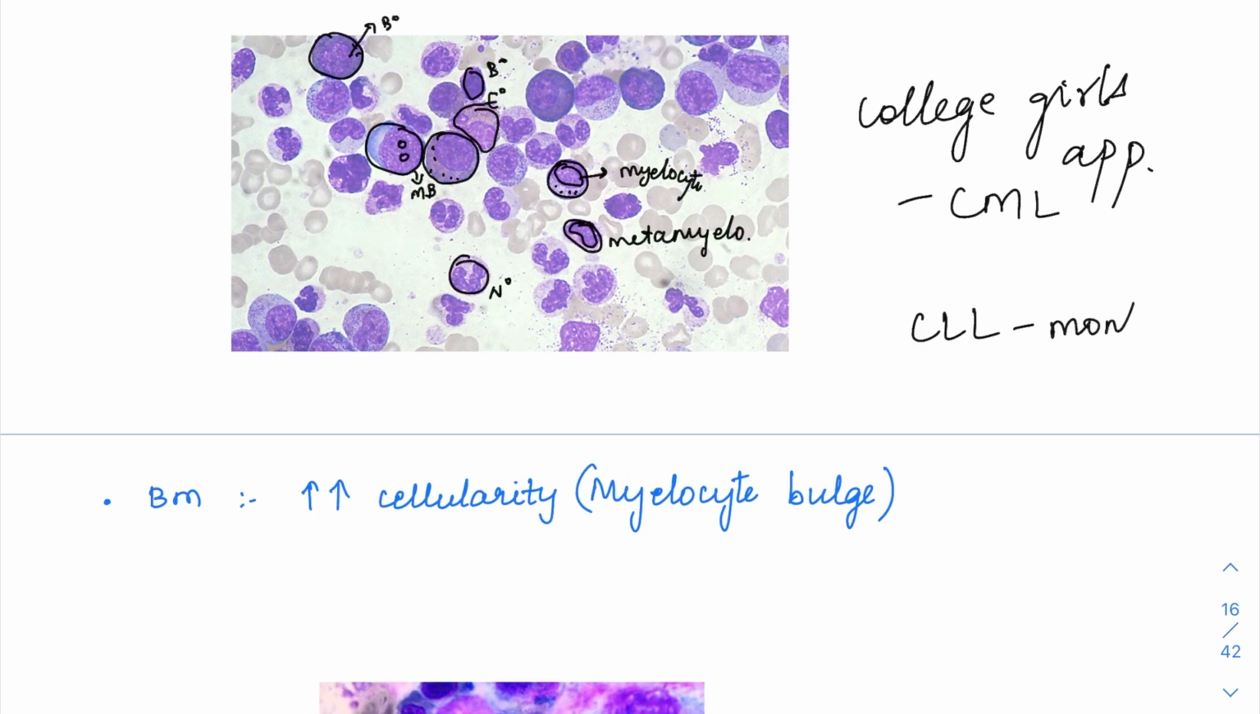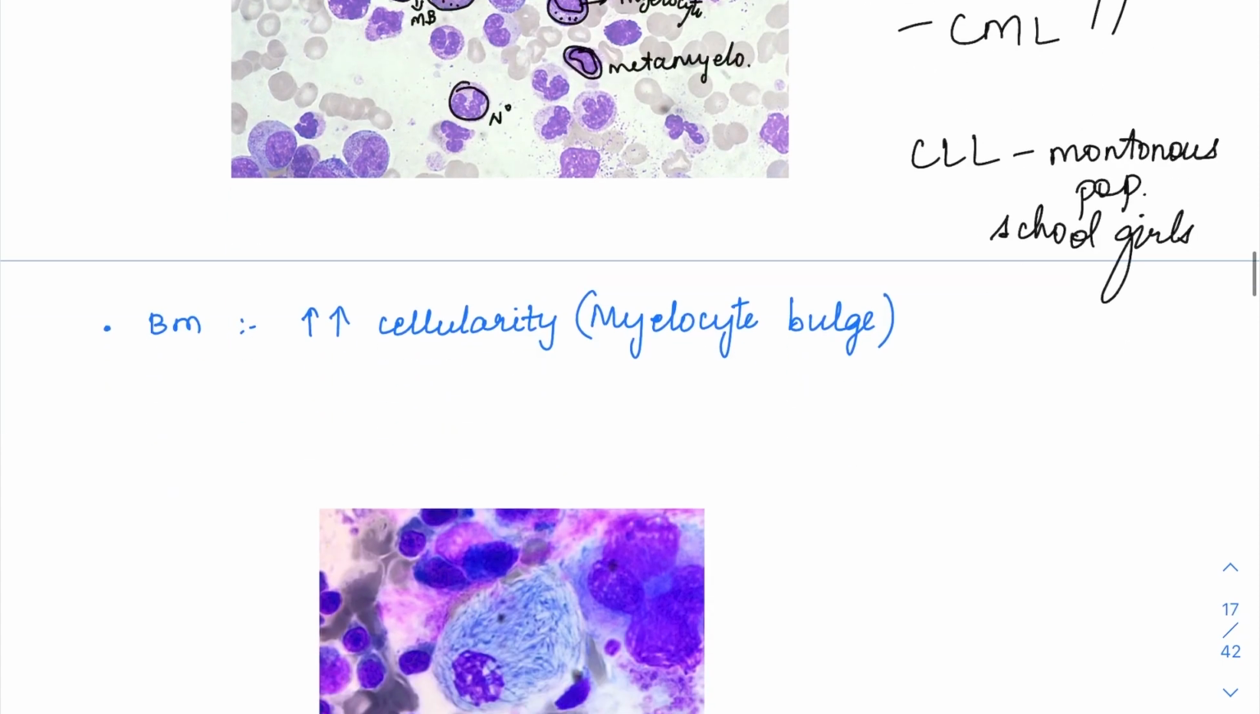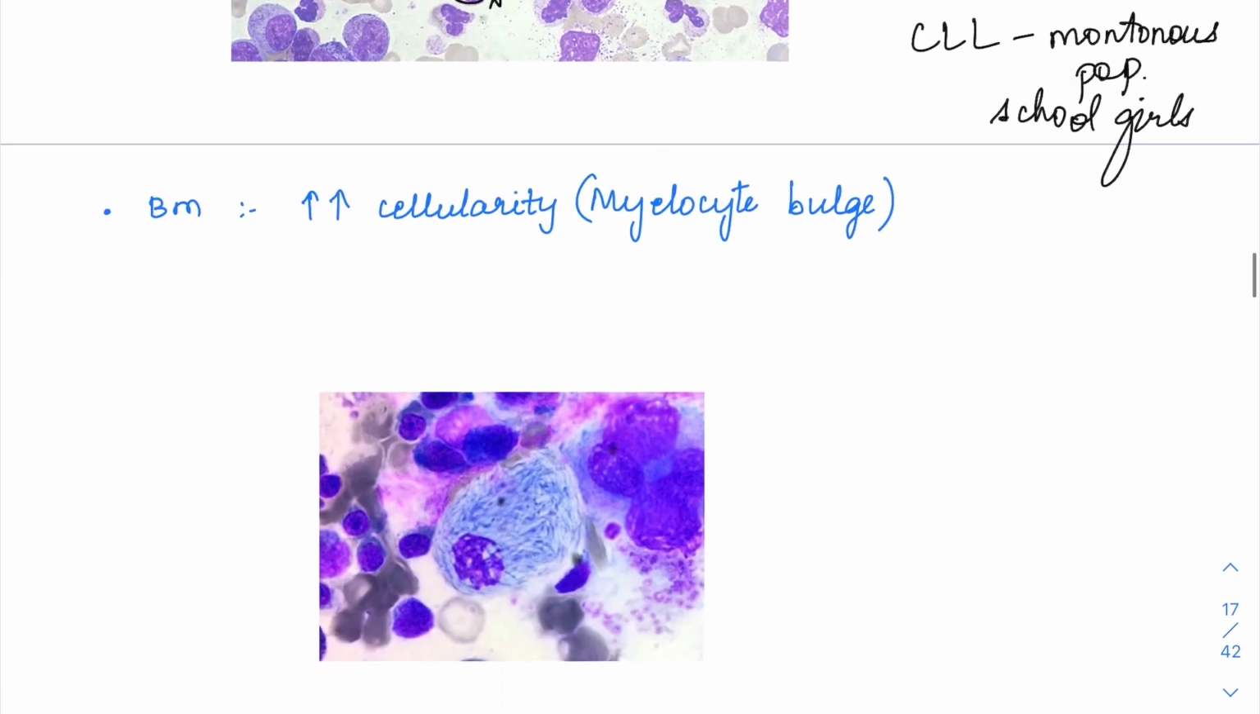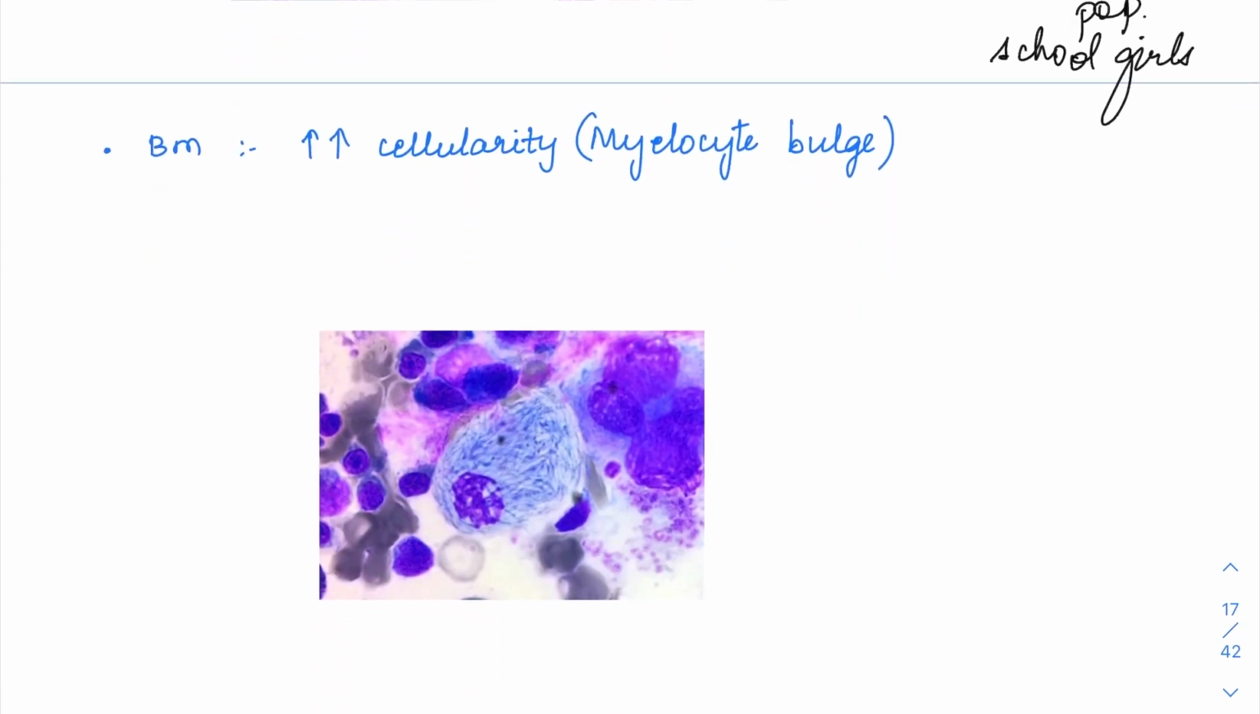So that is going to be called a monotonous population or schoolgirl appearance. Schoolgirls are going to wear uniform, right? So schoolgirl appearance is CLL, while college girl appearance is going to be CML. Just fancy names, okay? So in bone marrow, again, there is going to be increased cellularity,